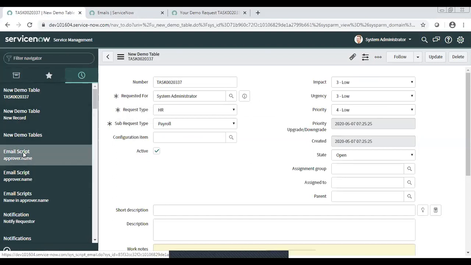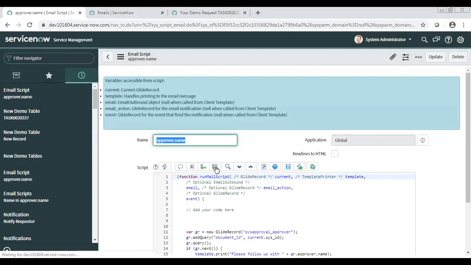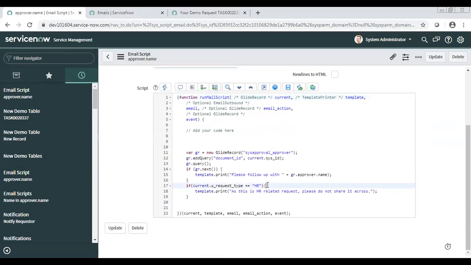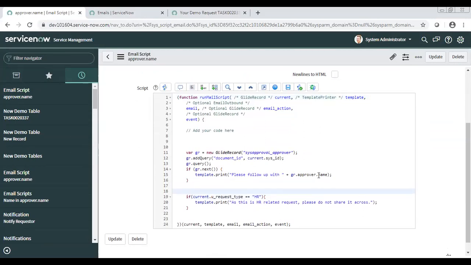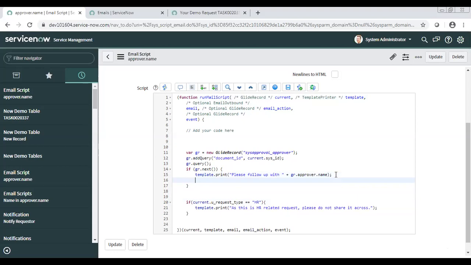So if you go here, then before this, what we'll do is /, space will add the space.